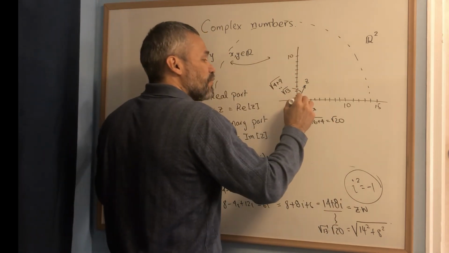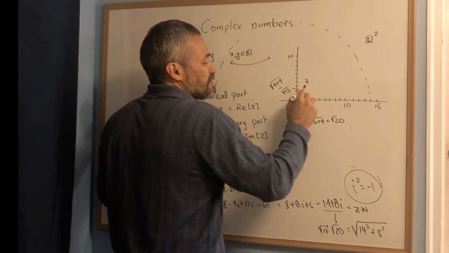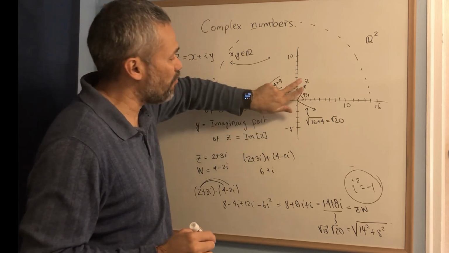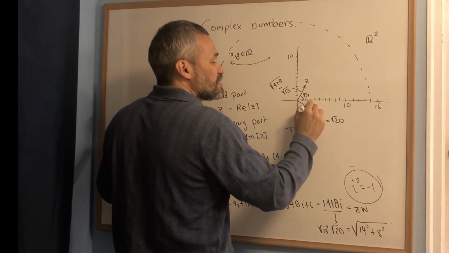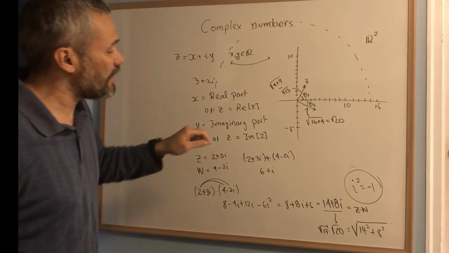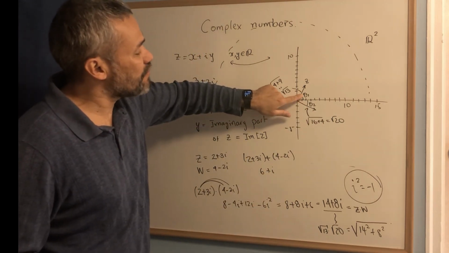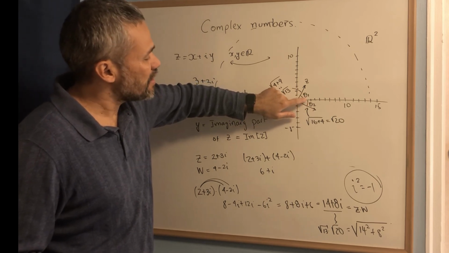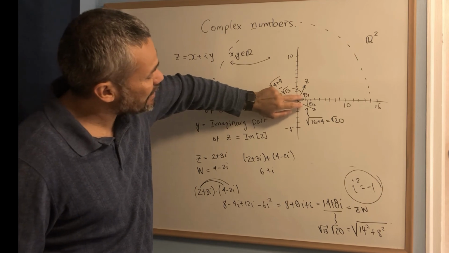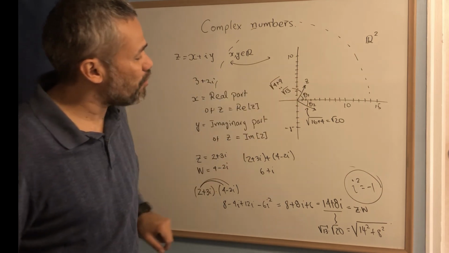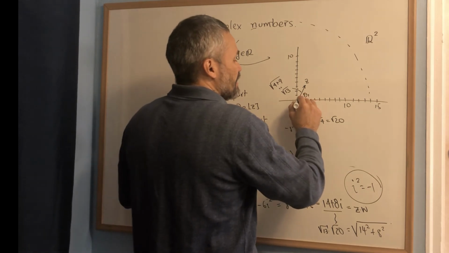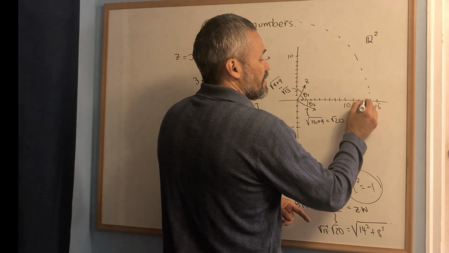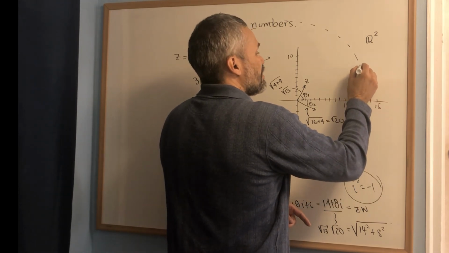In order to do that, we can think about this angle here. This angle, let's call this angle theta 1. We can think of a positive angle. We can think about polar coordinates too, and let's think about this angle theta 2. Then, when you add these two arguments, these two angles, theta 1 and theta 2, maybe theta 1 is a little bigger than theta 2, then you will have a positive angle. Then here you will get, when you think about this 14 plus 8i,